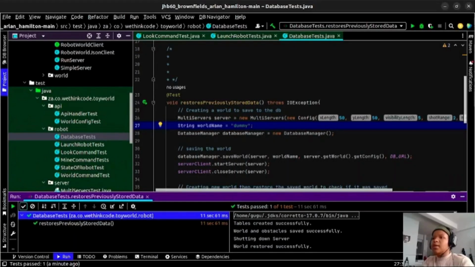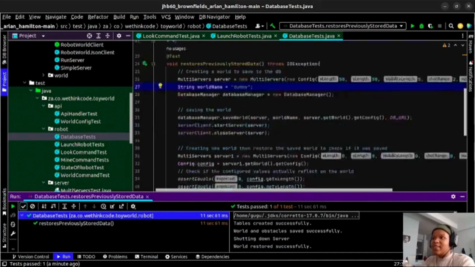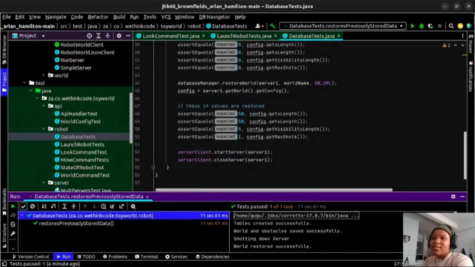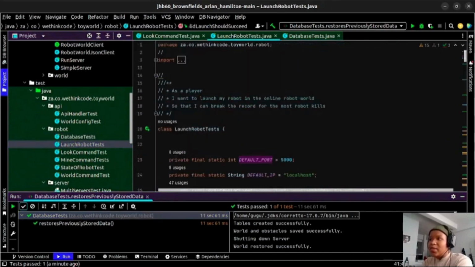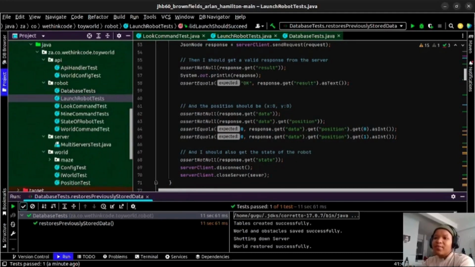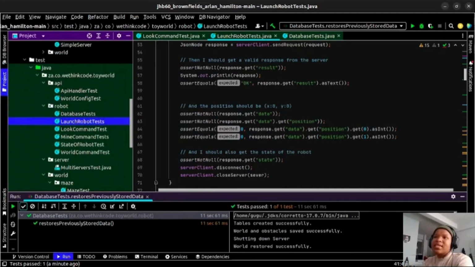the database, just database, everything that we wanted to test for the database would be under the database tests. Launch robots would be under the launch robot tests, and everything that had to do with robots generally would be under the robot folder. Everything with the server, anything that had to do with the world with the maze in it, and anything to do with the API. So we structured our tests like that so that we know which test